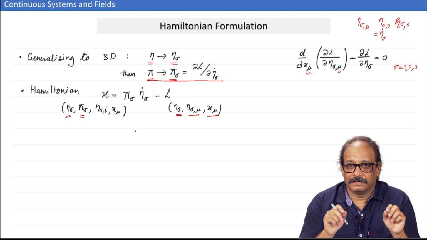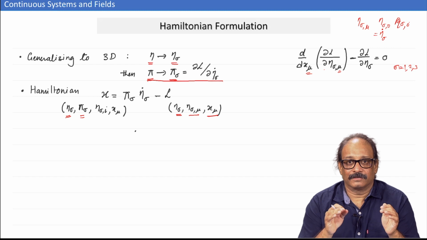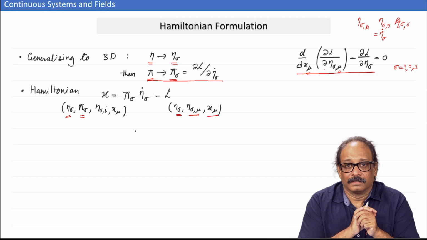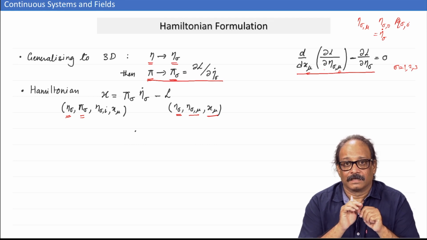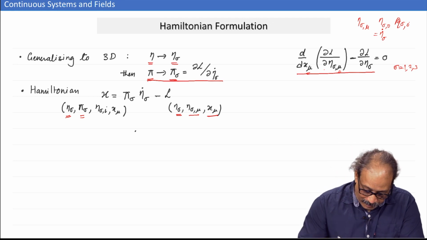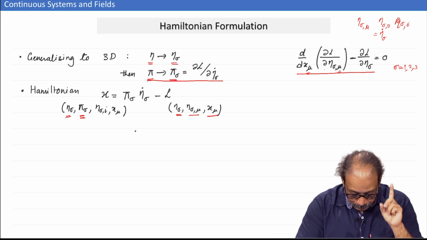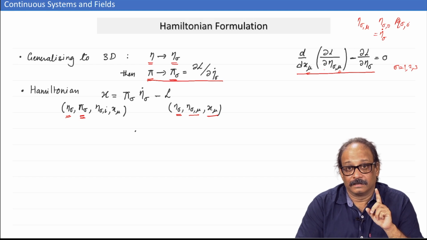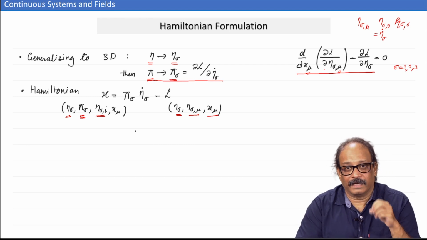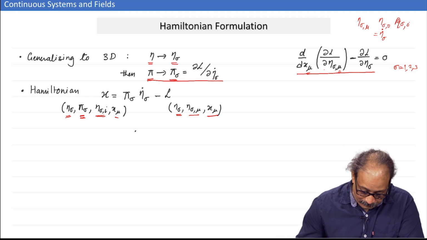That is, in the Lagrangian formulation, all these 4 variables x, y, z and t appeared on the same footing. In the equations, they appear symmetrically, okay, but not in the Hamiltonian dynamics. This is a problem. I will describe this in a moment. But remember, now you have the Hamiltonian density, which is a function of pi sigma. It is a function of all the other partial derivatives of field variables with respect to all x, y and z, and then x, y, z, t, all of them. Okay. Now, let us start.